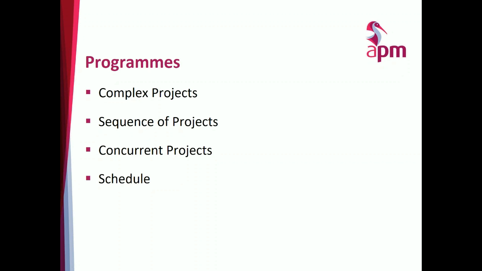The third very common program is one related to a series of concurrent projects. My favorite example there would be the Olympic Park in 2012, where we were building 19 separate stadia within the park. That was being delivered in a congested area, the same number of new stadia as they'd had in Beijing 4 years previously, on a quarter of the size. And I'll come back to the Olympics again later on.